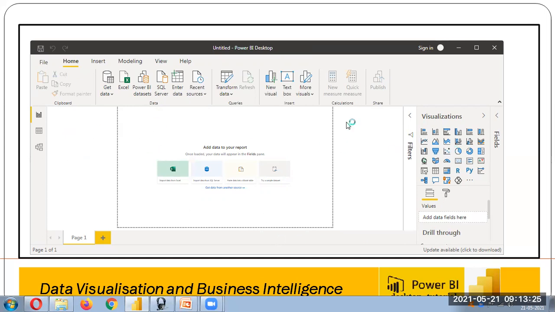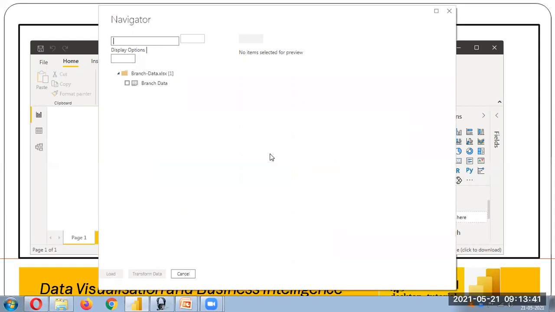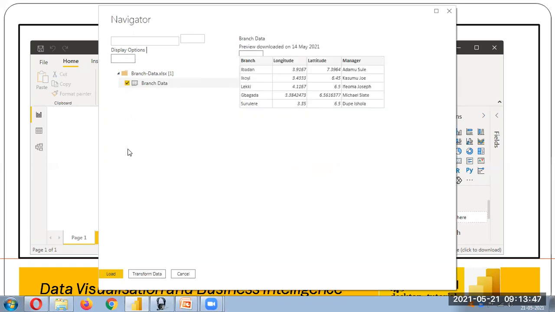Here it's getting loaded. Once it loads, I'm showing you the first table, then we can do it for the other tables also, and at the end we can create a report. I think it will be available in the fields once it gets loaded, because it takes a bit of time. It will ask you what data is required, so simply click on this.